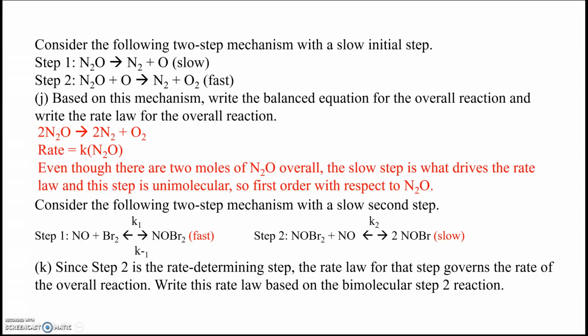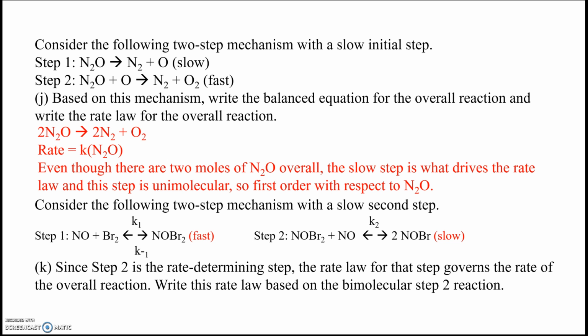All right, we're going to finish this up by going back to one step to item J. We can look at this. We can add steps 1 and 2, and we can see that the overall reaction is 2N2O reacts to form 2N2 plus oxygen. The rate, however, is only proportional to N2O, and the reason for this is that the rate